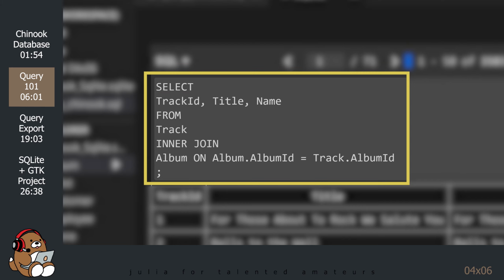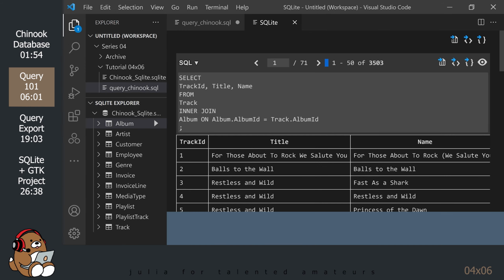Also, I changed the format of the statement so that the clauses are on separate lines to make it easier to read. As your queries become more complex, it becomes very difficult to keep your statements at 80 characters or less, so it's helpful to break it up into separate lines. So this is becoming a more useful query.